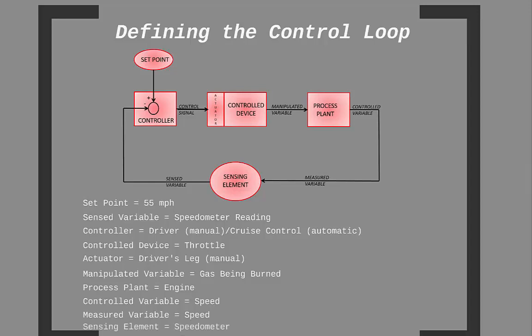Again, the output of the sensing element that is reported to the controller is called the sensed variable. If the sensor is not accurate, the sensed variable will not exactly match the measured variable. Said another way, the speedometer will not be reading the actual speed. So to review, the sensor is the eyes and the ears. They sense something and pass on that information to the controller, which can be thought of as the brains of the operation. The controller compares the sensed variable to some set point and decides what action needs to take place,